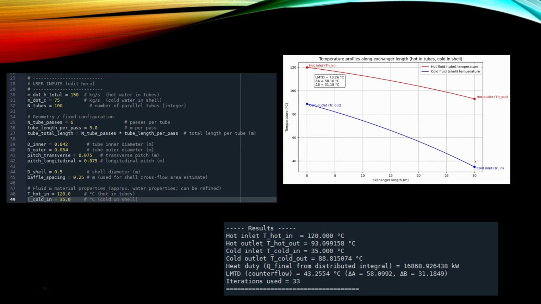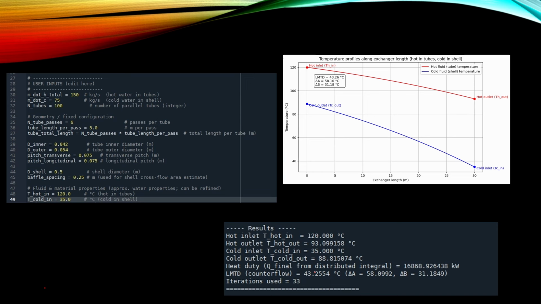And here we see that this cold flow was at inlet 35 degrees C, and it was increasing to almost 90 degrees C. At the same time the hot flow was cooling down from 120 to around 90 degrees C. Here we see the detailed results. It's calculating also this